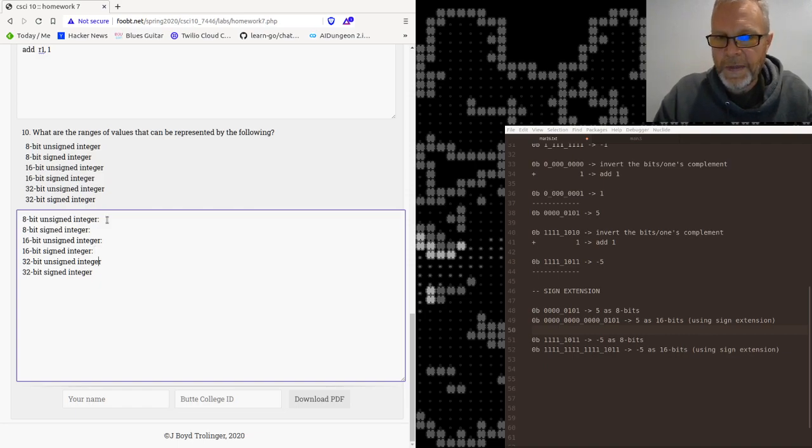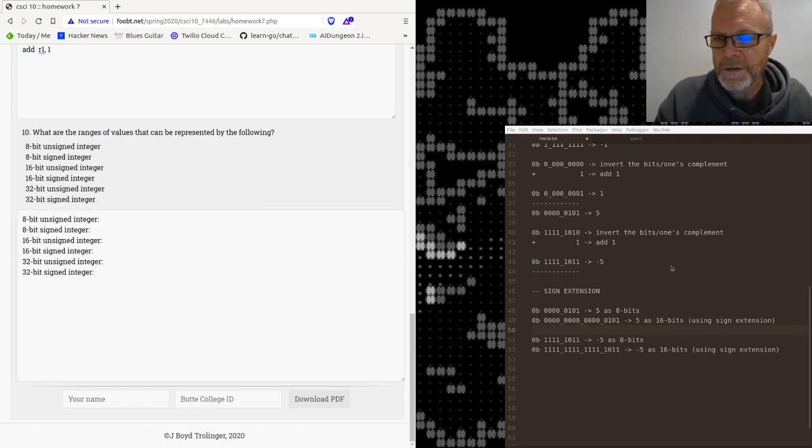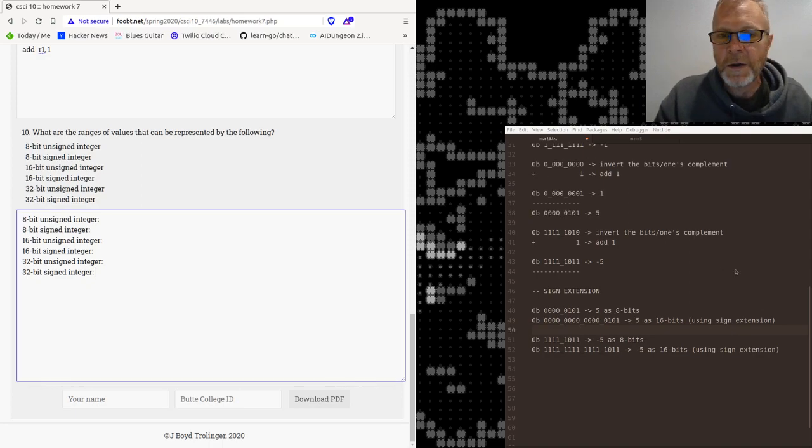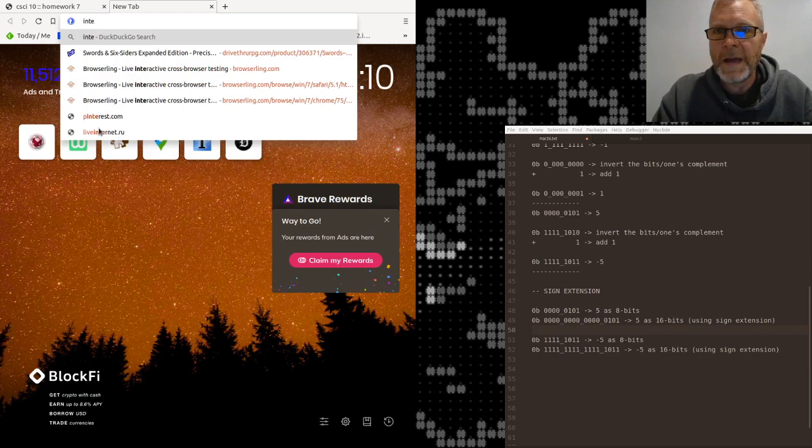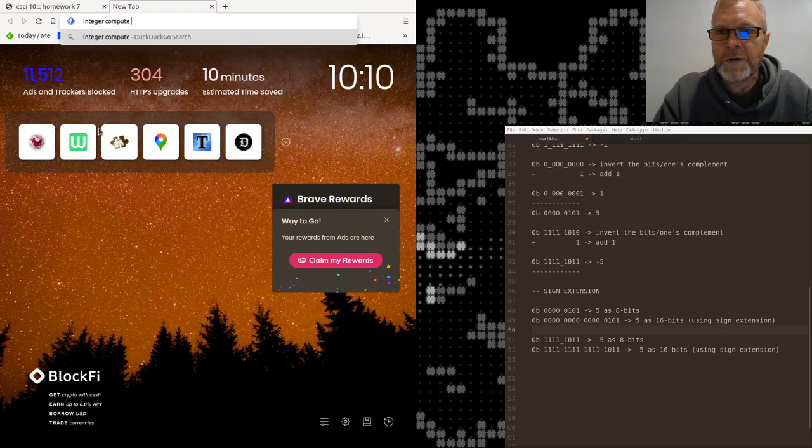Okay, so the main difference between the sizes, like an 8-bit signed integer and a 16-bit signed integer, is that you can store more and bigger values as you get more bits, which I think intuitively makes sense. So I'll show you where to find this, and then you can go finish the answers, and I'll do one of them. So anyway, if you type a Google search for integer computer science,